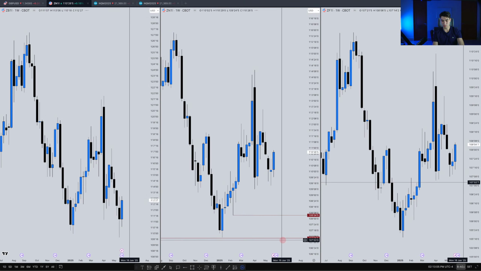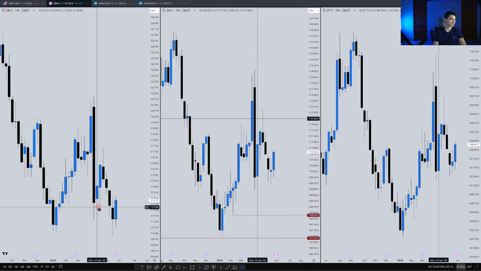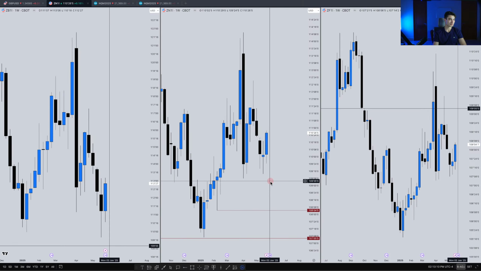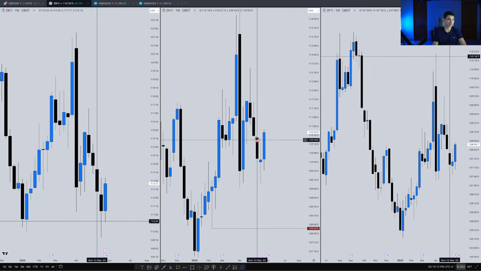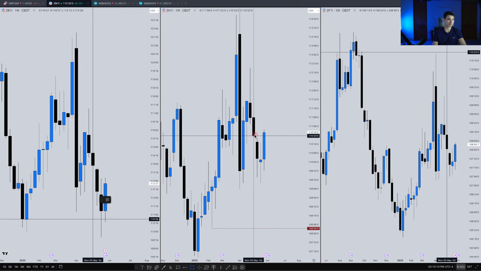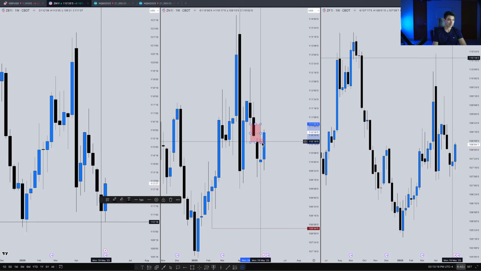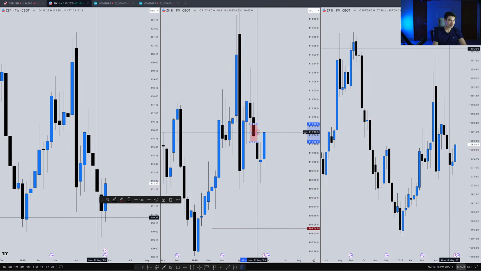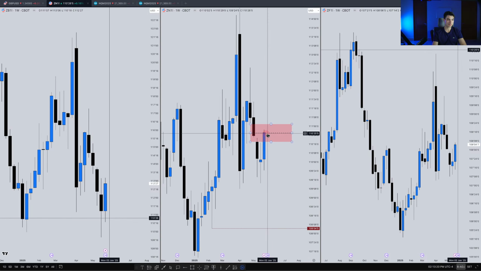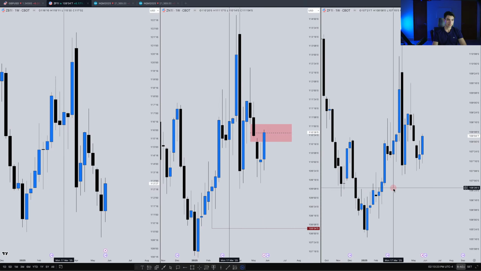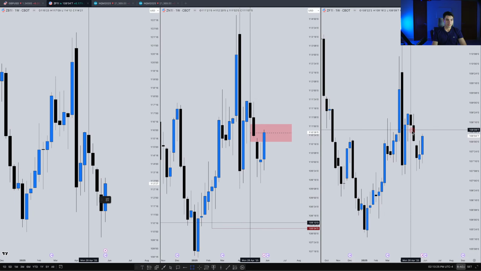So looking at the weekly chart here, we see the market retracing into this weekly fair value gap here. That's going to be a key level for me going forward. So weekly chart here, using this fair value gap here, you'll see we traded right up to the midpoint, closed right there. And then let me just mark them out for all of them.